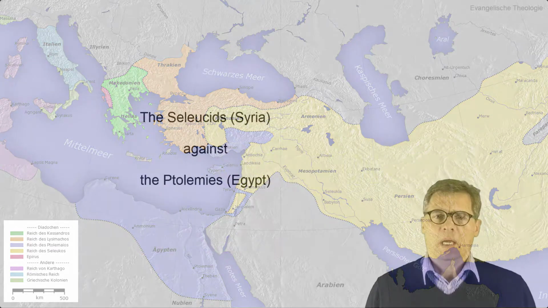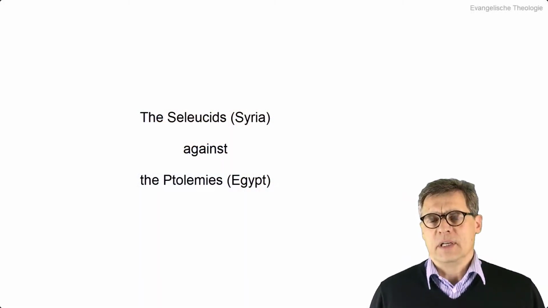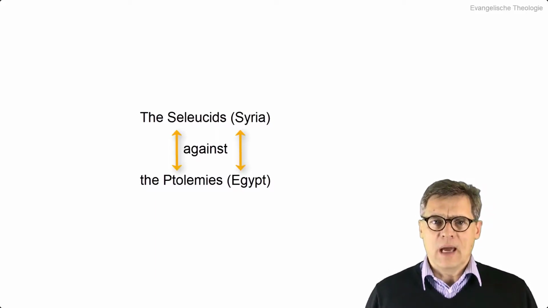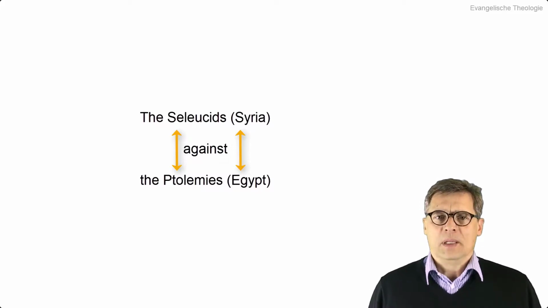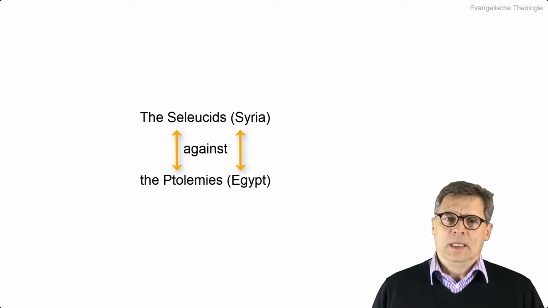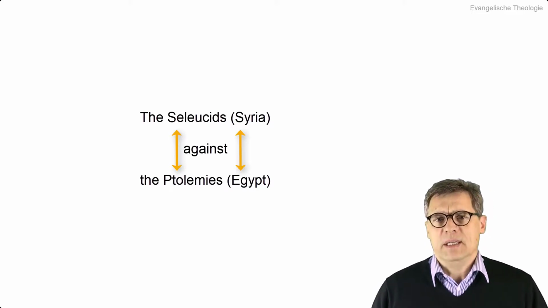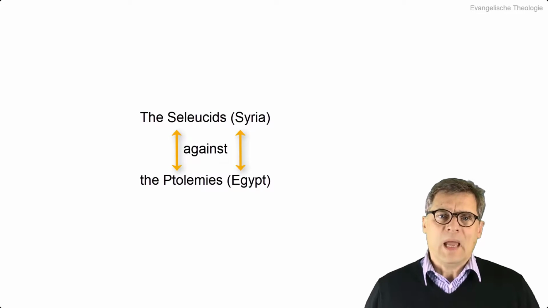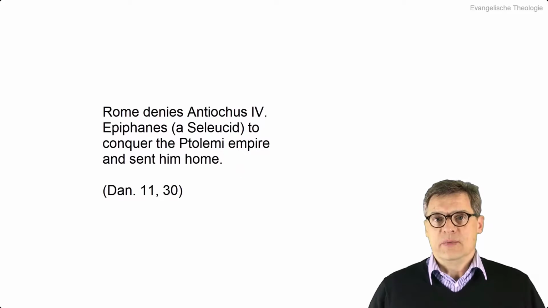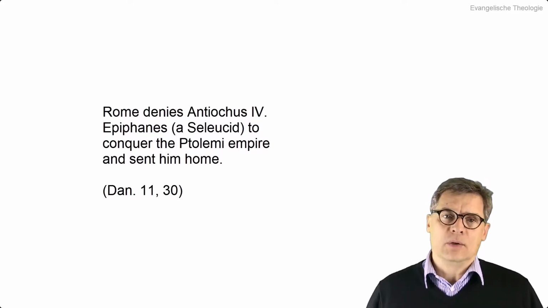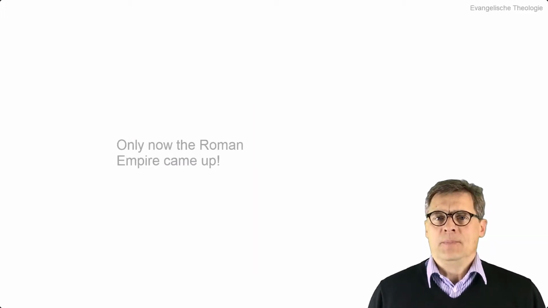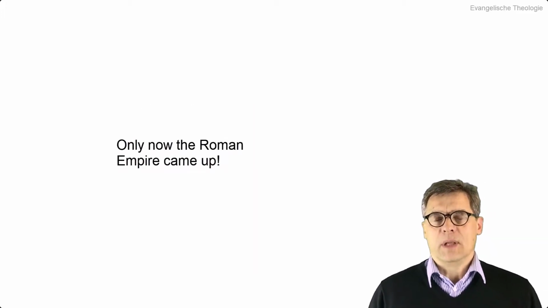However, because these two kingdoms, the Seleucids and the Ptolemies, held themselves in check for many years and decades, Rome had the opportunity and also the peace and the time to become big and powerful and to intervene at some point of this conflict. To stop Antiochus Epiphanes from taking the Ptolemaic Empire and thus world domination, and to tell him that he must return home, and thus the Diadochi period was more or less over. And then Rome stepped on the world stage and became the great empire.